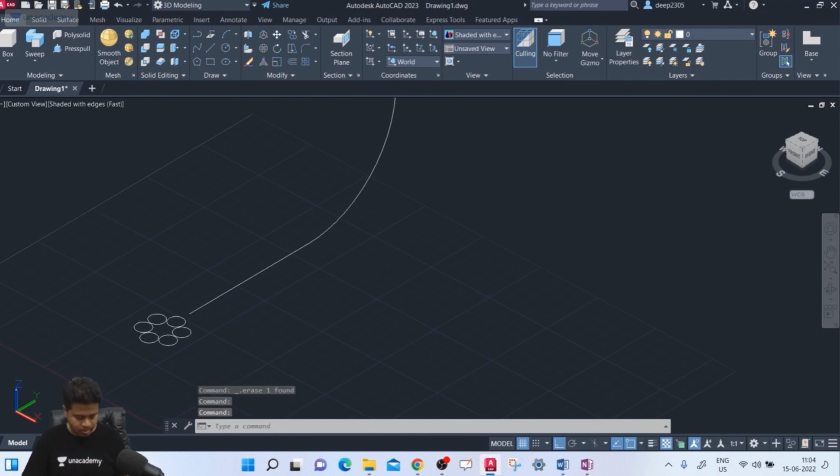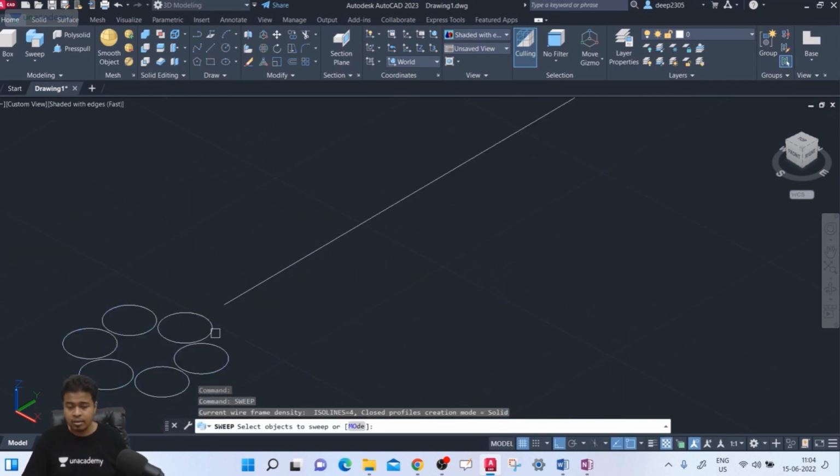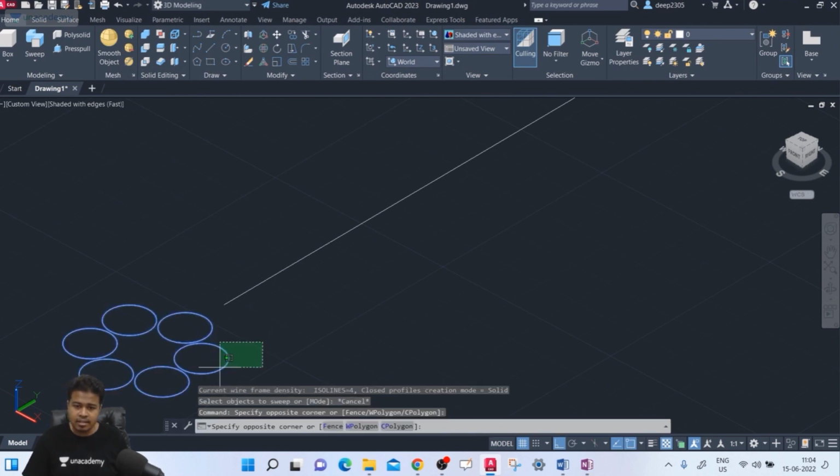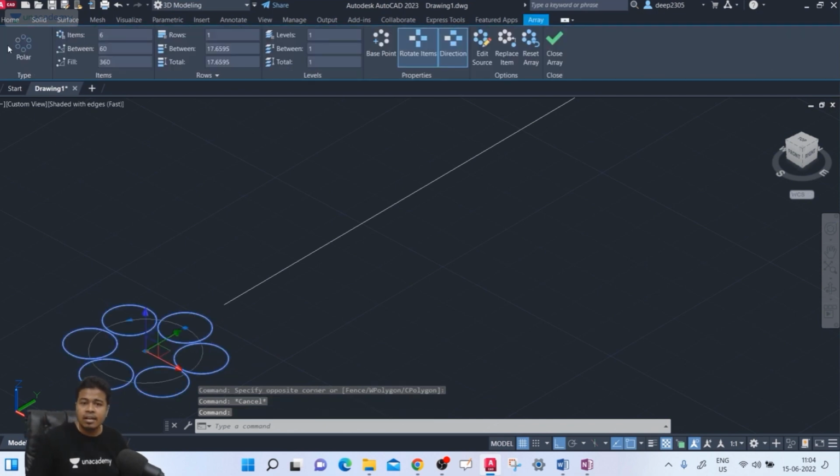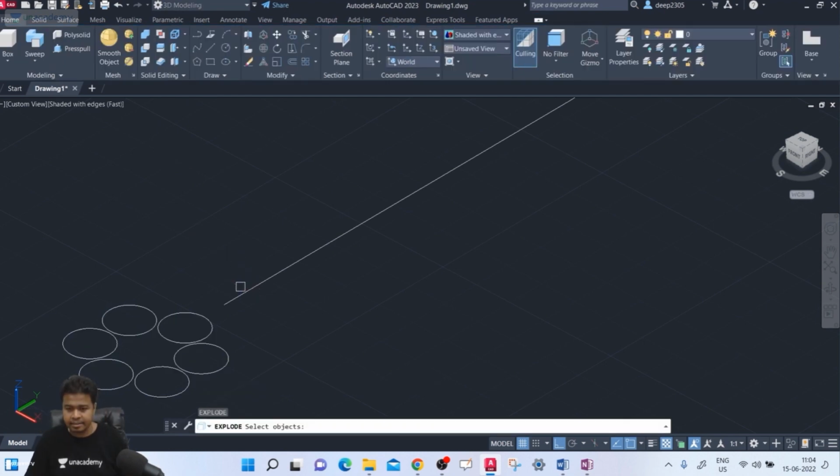Okay. Now go to sweep, SW, enter. Select. Now you can see this is a single array, because if you select a particular circle, the array edit option will get activated. So go to explode, X, enter. Explode command will get activated. Select the object to explode, enter. Now all the circles are separated. Go to sweep, SW, enter. Select the object to sweep,